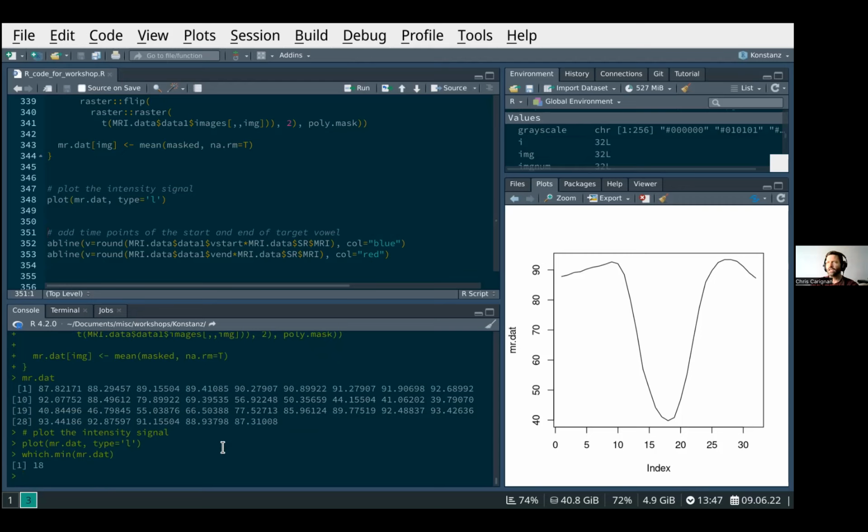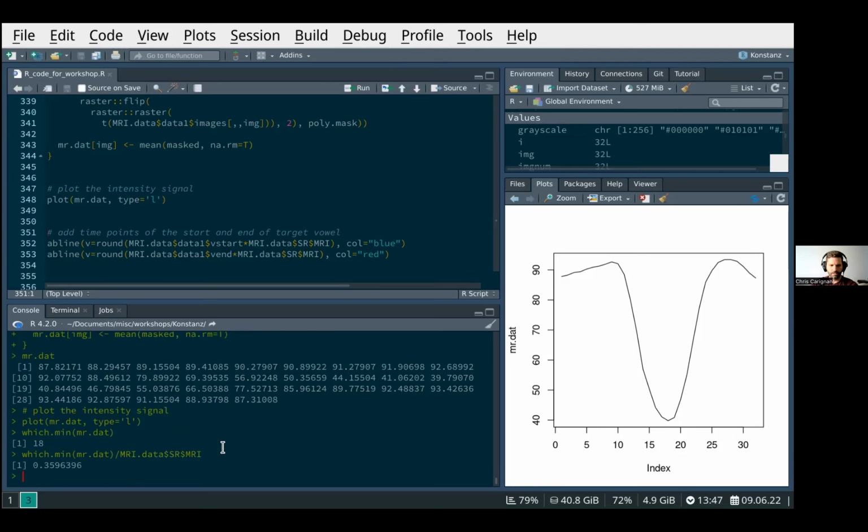Well, we take that's the number of samples, so the number of samples divided by the sampling rate. This is, well, 350, let's say 360 milliseconds after the start of the file is the point of maximum nasalization,